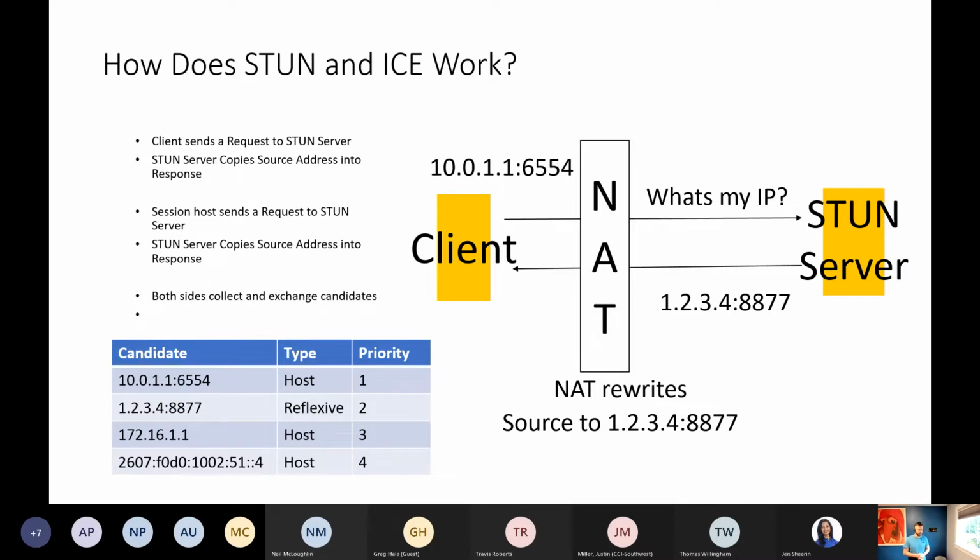ICE is described in an RFC. What it does is basically give you an option to discover the public IP address. So if you are on the home network, for example, and you want to know the public IP address of your router, what you usually do is open Google or Bing, or you know the website, something like what is my public IP, or whatismyip.com, and when you open it, it shows you the public IP of your